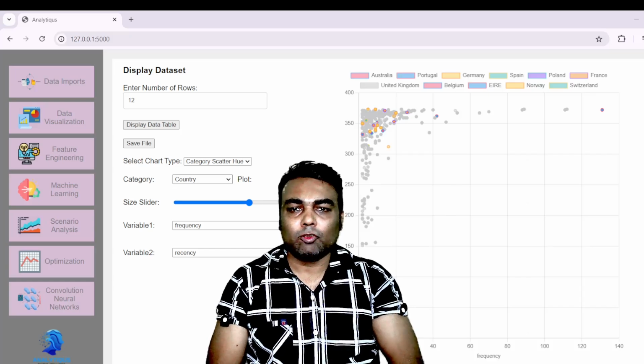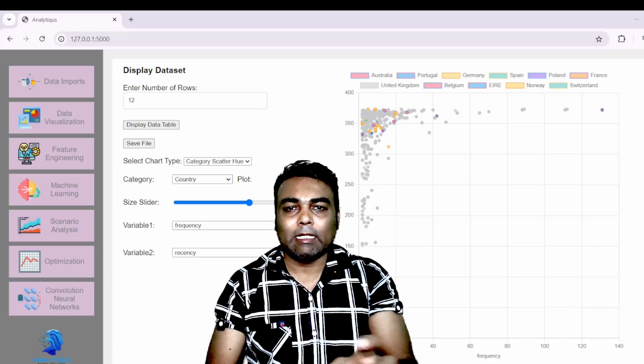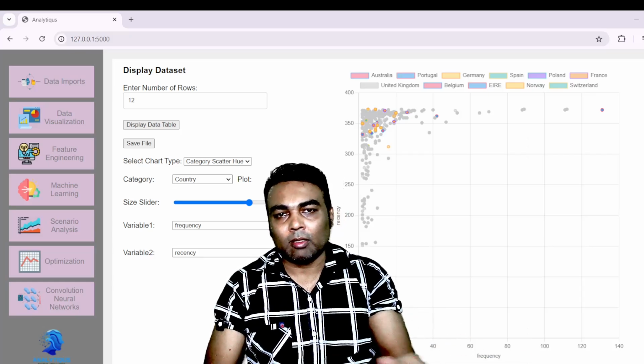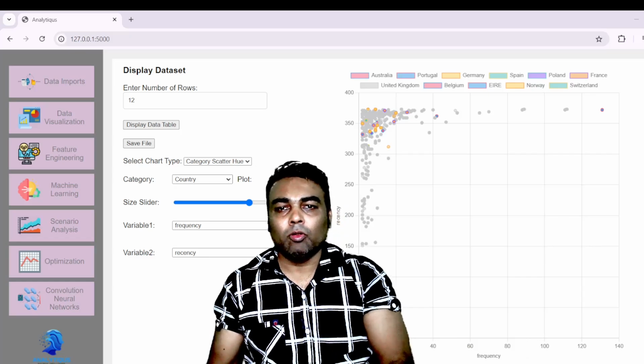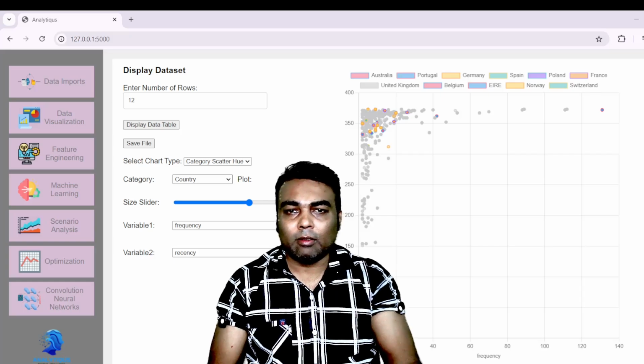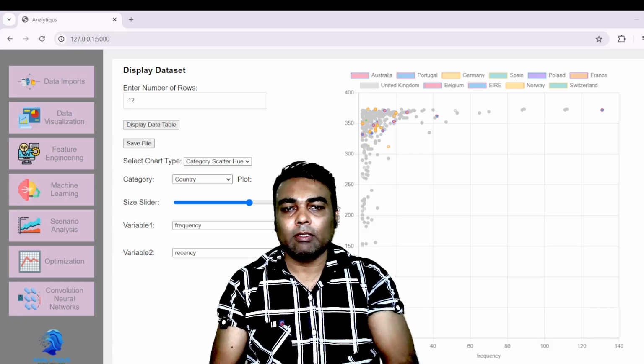This software gives you not only the capability of data visualization like Power BI or Tableau, but also enables you to train your machine learning model with modern machine learning techniques like random forest, decision tree, neural networks.